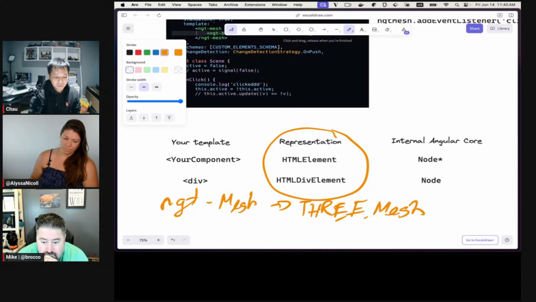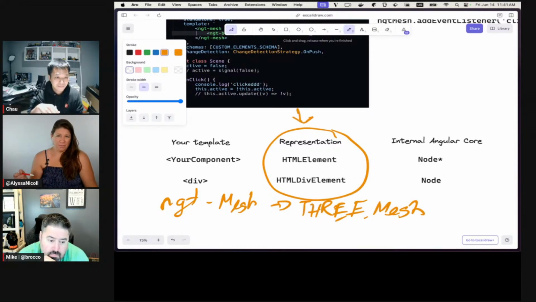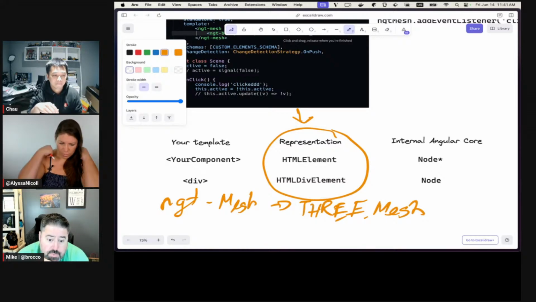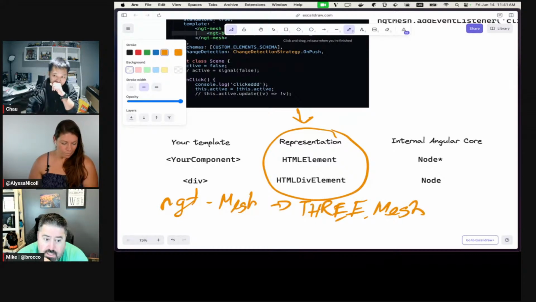So this is that renderer layer. Does the Angular renderer speak three.js, like it knows what that is? No, the Angular renderer speaks HTML. And you're saying a three mesh is HTML? No, a three mesh is a canvas object. So three is a library which can talk to canvas.